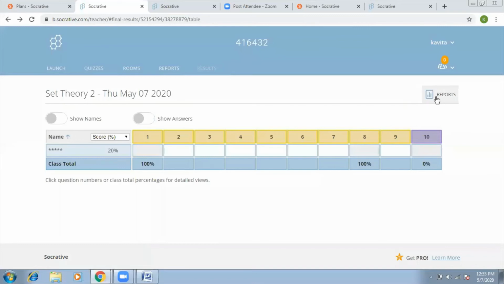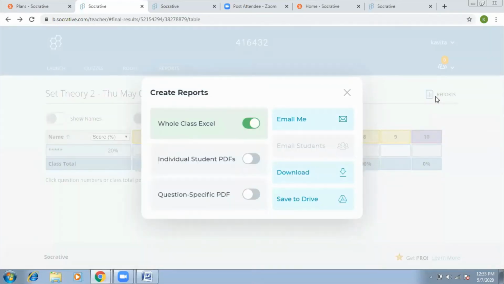See your reports. Now, when it comes to report, you have again different options. You can take the whole class Excel file, or you can have an individual student PDF. Individual student PDF will be like an answer sheet which we usually distribute in the class, and a question specific PDF will give you how the student's performance was for that particular question.